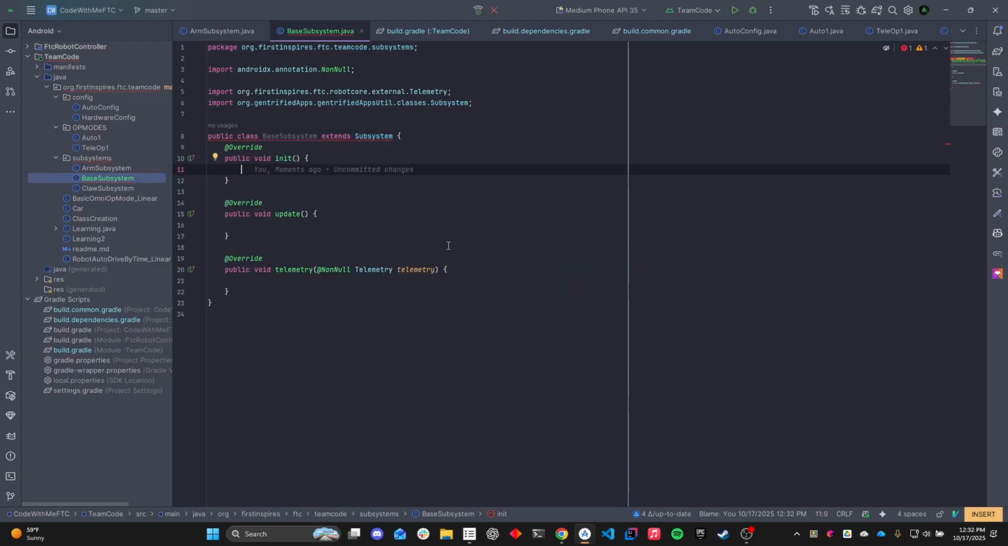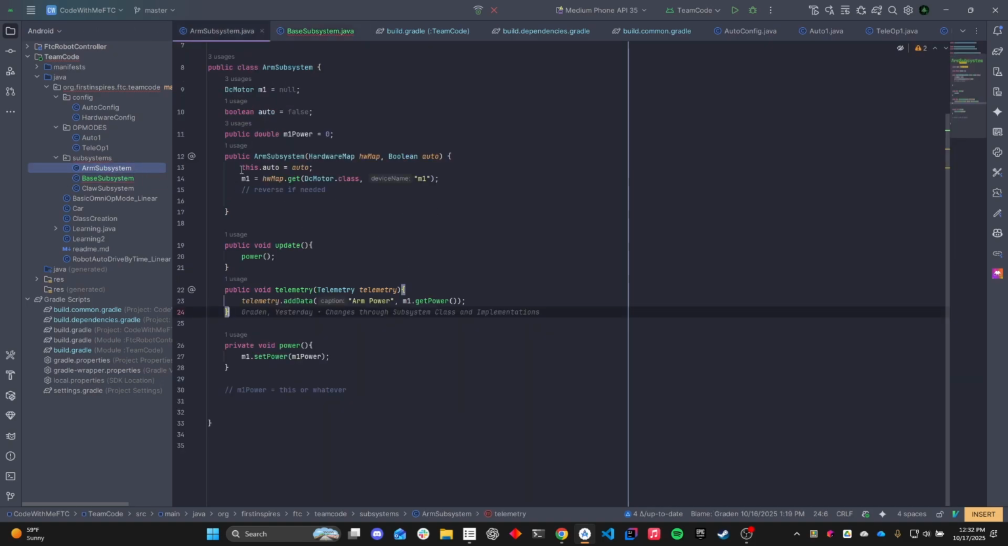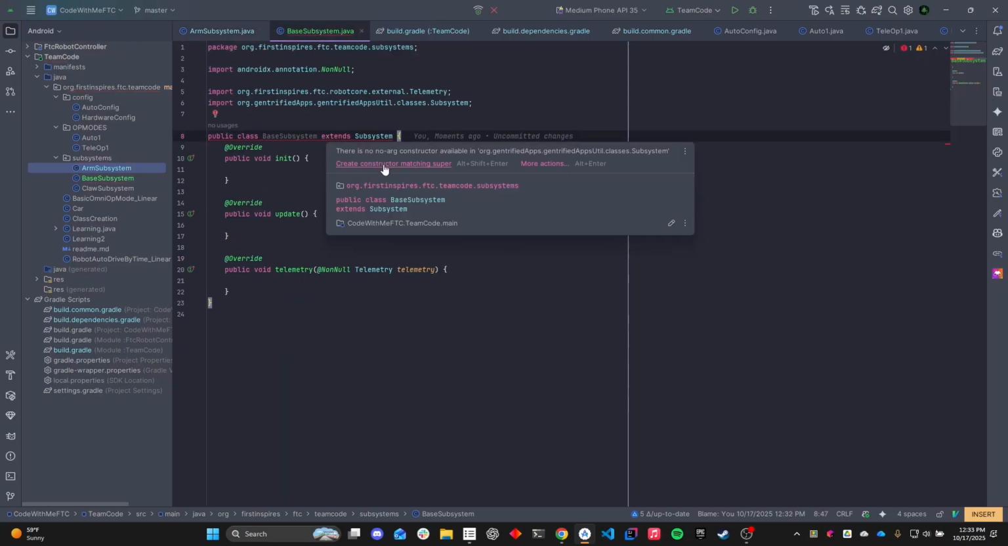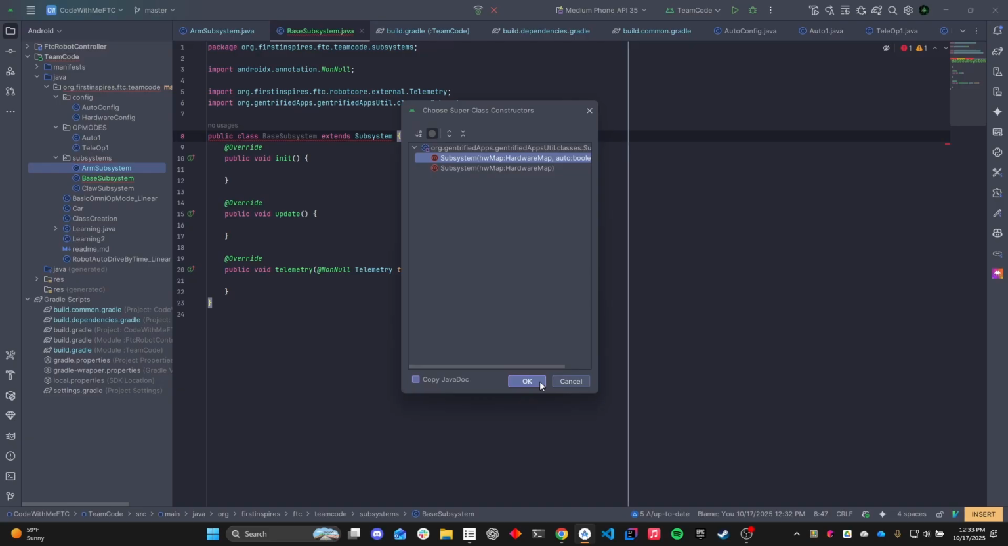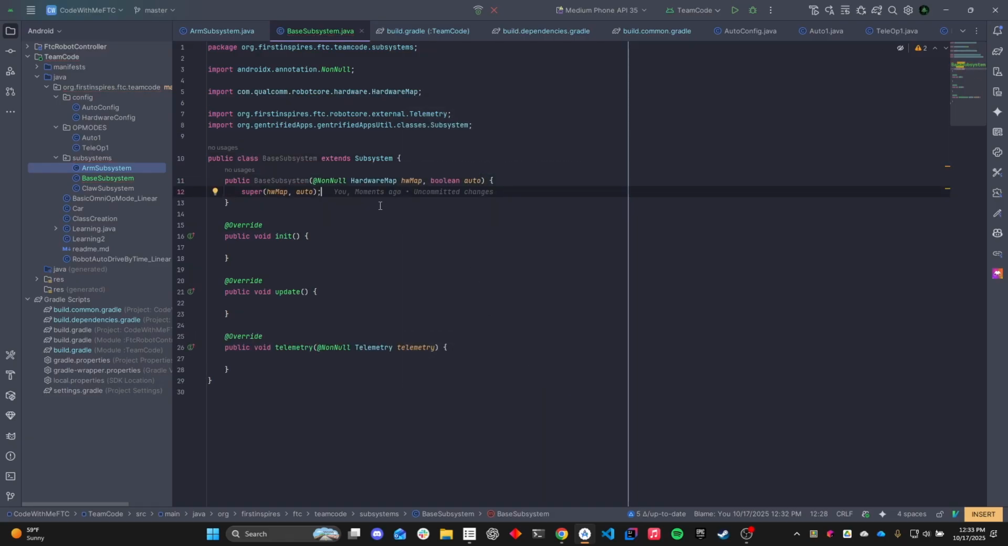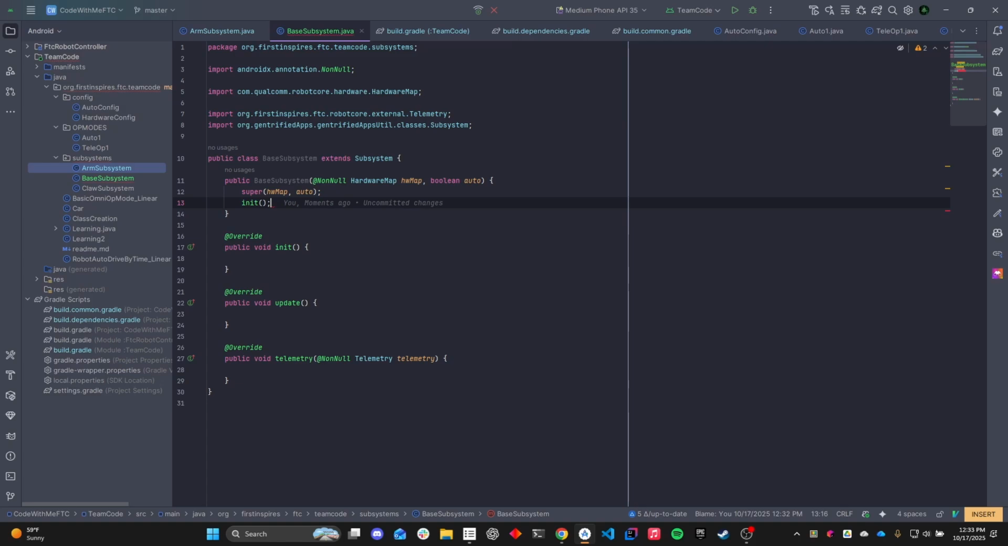As you know from before, all we need to do is just add the content of these functions. So in ArmSubsystem, we would add this to our initializer, and then in here, we would call init, and then update is the same, telemetry is the same. When you call base subsystem, it will be exactly the same. Really, you don't have to do anything else. We'll create this constructor and then just go init. And that's literally all you have to do, and now you have your full subsystem